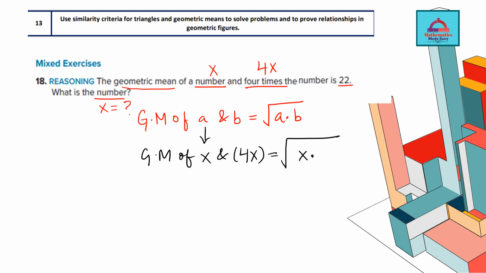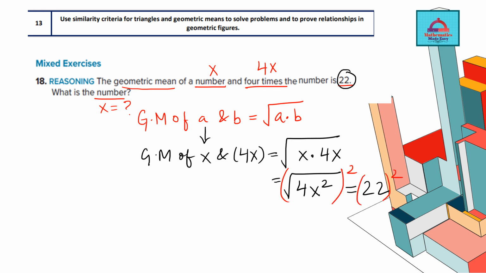So I'm going to multiply them both and take the positive square root. So x multiplied with 4x, that is going to be the square root of 4x squared. Now this number is given in the question as equal to 22. So I'm going to just equate it to 22 to get the value of x. So we are going to square both sides. Why am I squaring? Because I want the x to be out of the square root. So this is going to be 4x squared equal to 22 multiplied with 22. So x squared is 22 multiplied with 22 divided by 4. Simplify, and this comes out to be